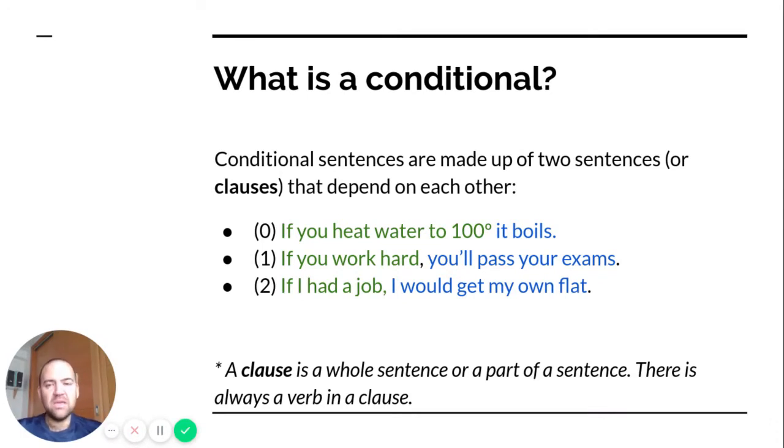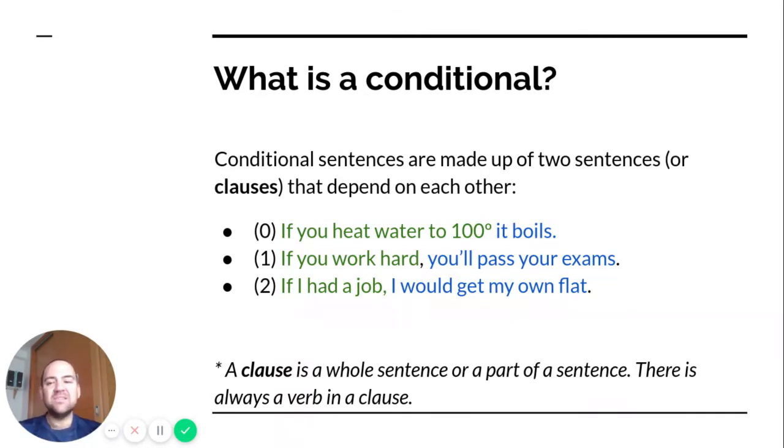For example, if you look here where it says number 1, if you work hard, you'll pass your exams. The main clause is you'll pass your exams. I can go up to a friend and say, you will pass your exams. That is a main clause. But if I go up to somebody and say, if you work hard, and leave it there,